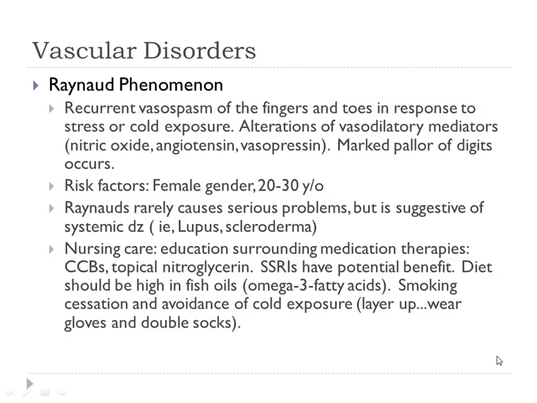We can teach them lifestyle modifications like avoiding extreme temperatures, things like that, if possible. Smoking cessation, again, is a big risk factor here, especially with the vasoconstriction. But we can use things like calcium channel blockers, which help with a little bit of vasodilation. We can use topical nitroglycerin, which can cause a little vasodilation. And SSRIs, I don't know why they work. I don't know why they use them. They probably either prescribe or don't know either. Sometimes things just are trial and error. It's an unexpected effect. But anyway, SSRIs can help too.